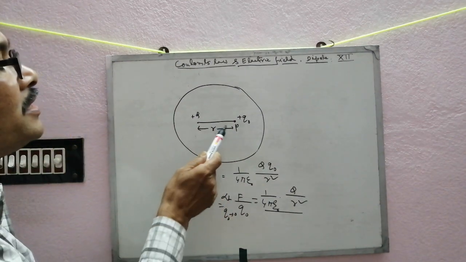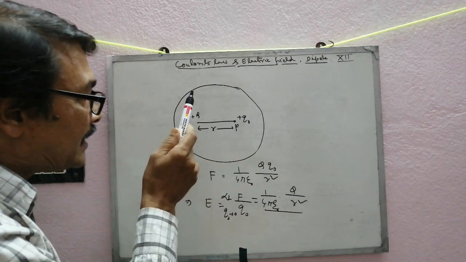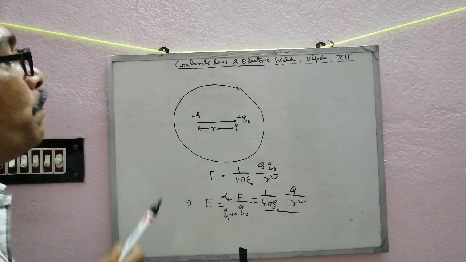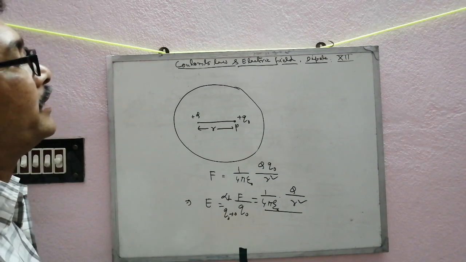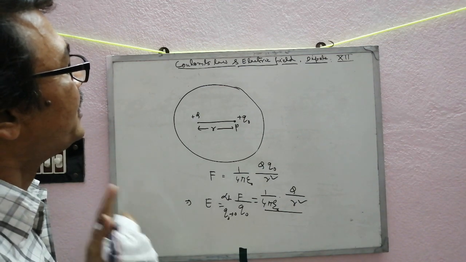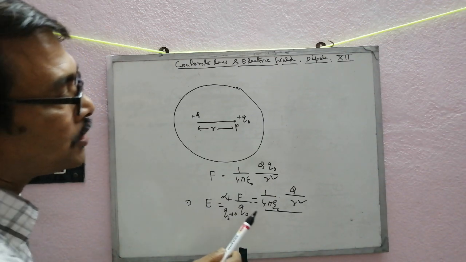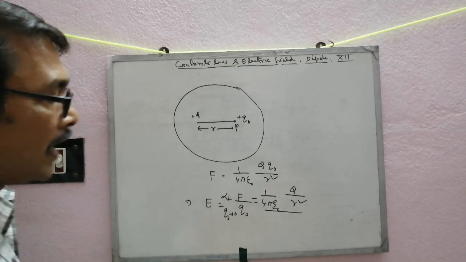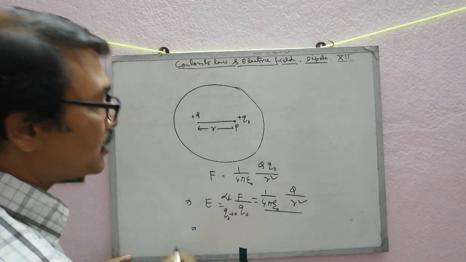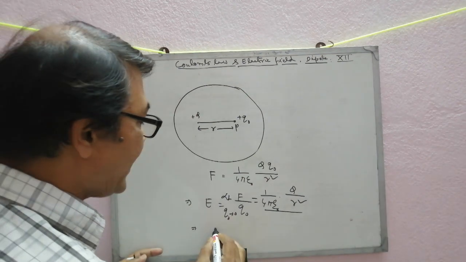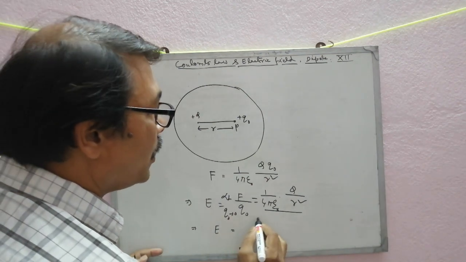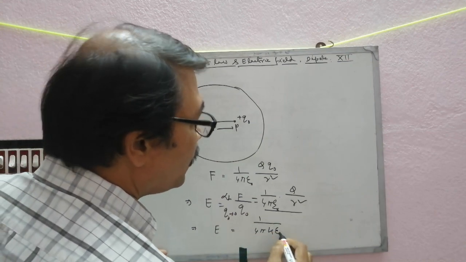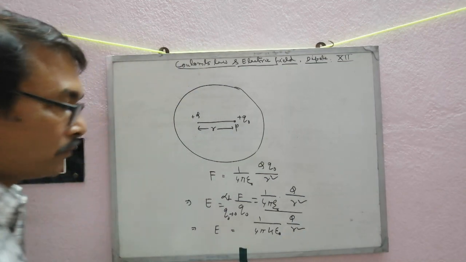So, electric field intensity at a point in the electric field is the force experienced per unit positive charge placed at that point, provided that the test charge has no disturbance on the source charge, that is vanishingly small. So, electric field equal to 1 by 4 pi epsilon 0 Q by R square. In another medium, suppose the dielectric constant K, the electric field will be 1 by 4 pi K epsilon naught Q by R square.